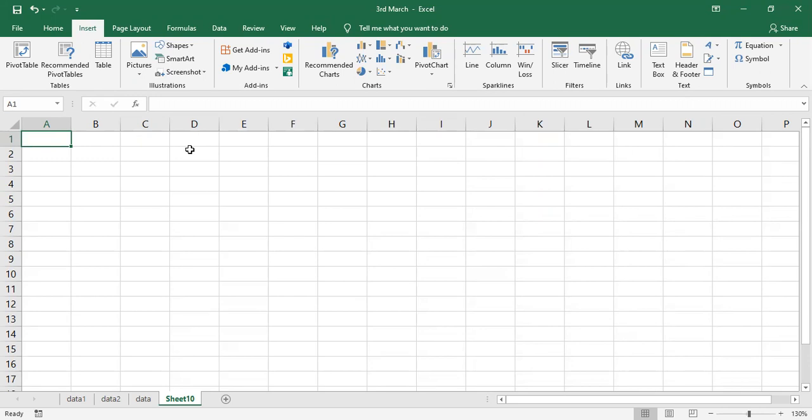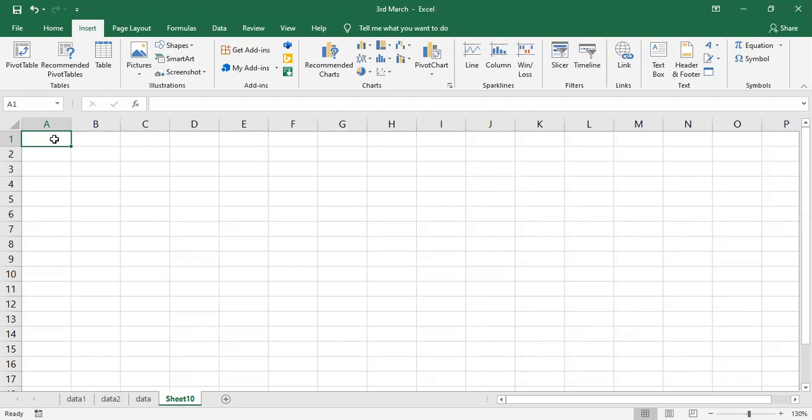Control K. A hyperlink can be given to web pages, to any files present in your computer, and to any worksheets present in your workbook.